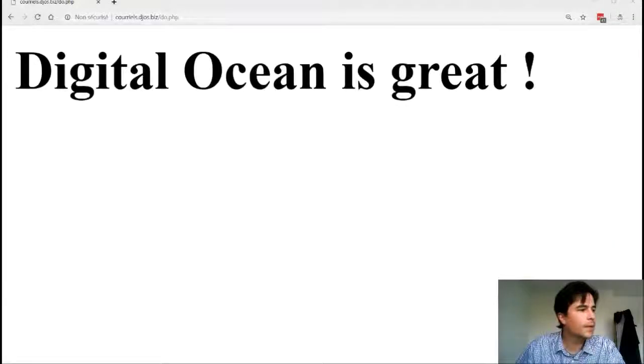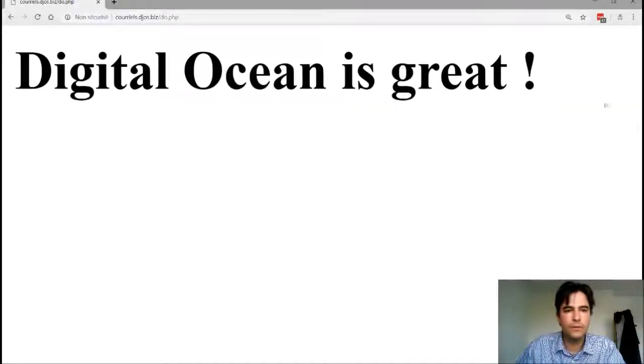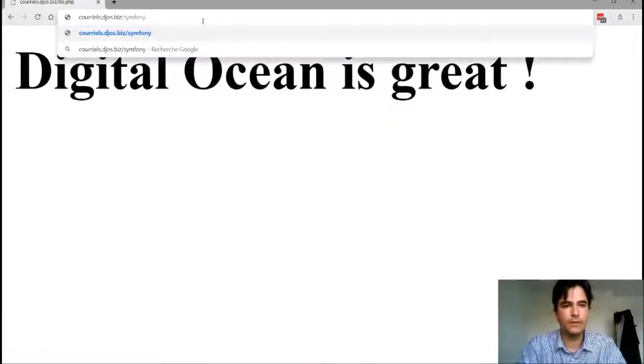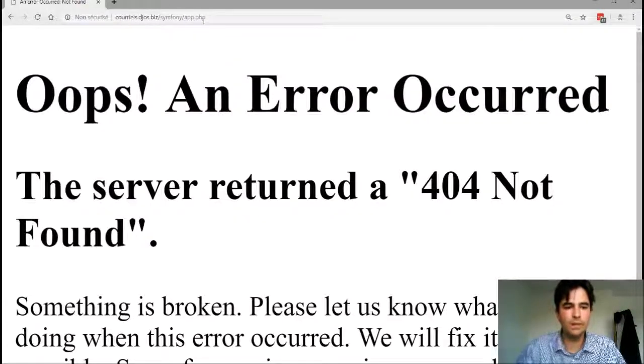So I go back to Chrome. So here I go to the Symfony folder, which is the Symfony public folder using app.php. So I can say here I want to see app.php, and it doesn't work.